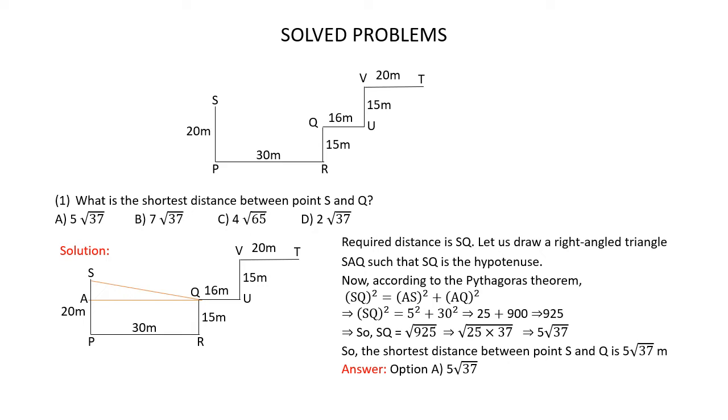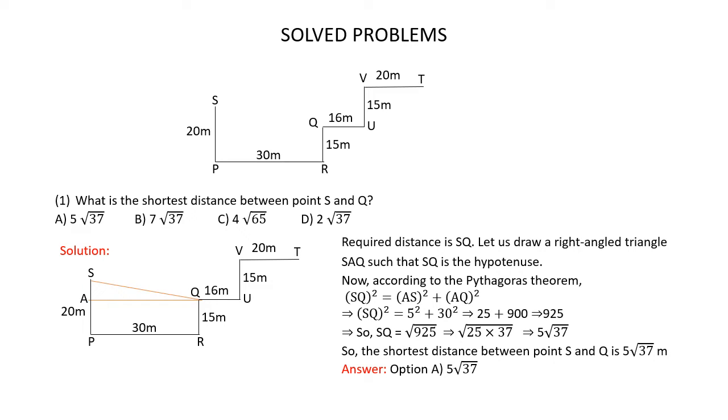So here you are asked to find the distance between points S and Q. So the required distance is SQ. Now, to find the distance SQ, first let's extend UQ to touch SP at A. Now let's join points S, Q and A such that we get a right angle triangle SAQ where SQ